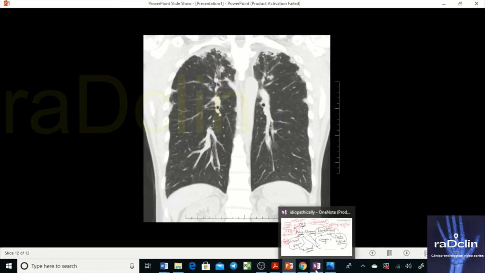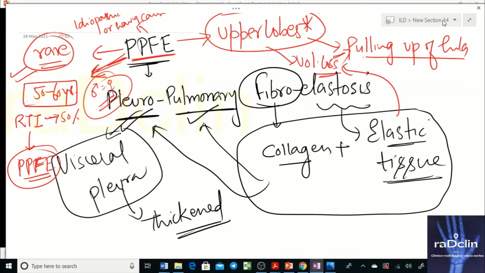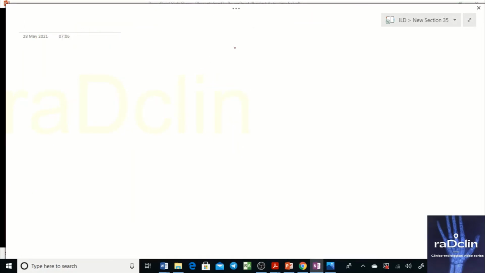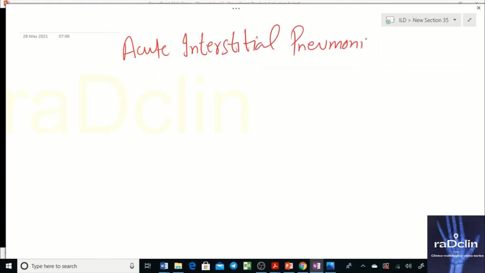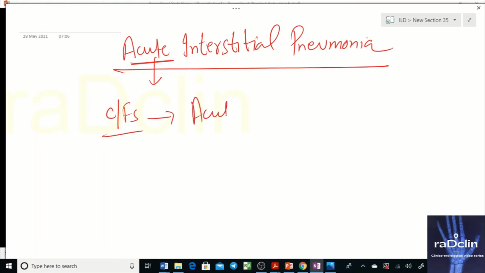Now one last thing that was remaining is acute interstitial pneumonia, and there is nothing much in this. Now what exactly is it? It is categorized under the acute and subacute causes of ILD in the major ILD section. Since it is acute, the patient's clinical presentation would definitely be acute respiratory failure. The patient is going to present with acute respiratory failure and will deteriorate in a very short history.